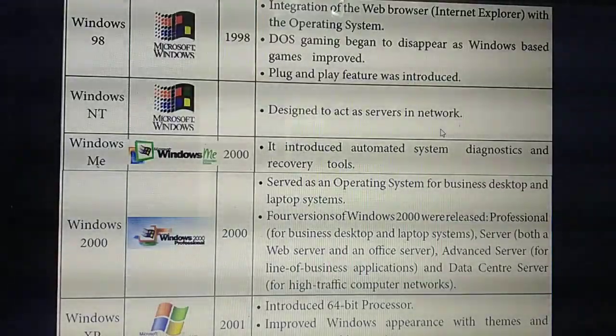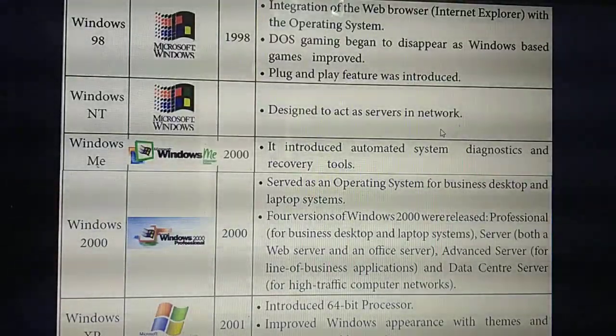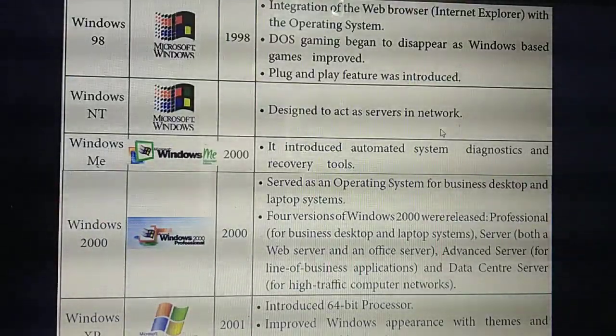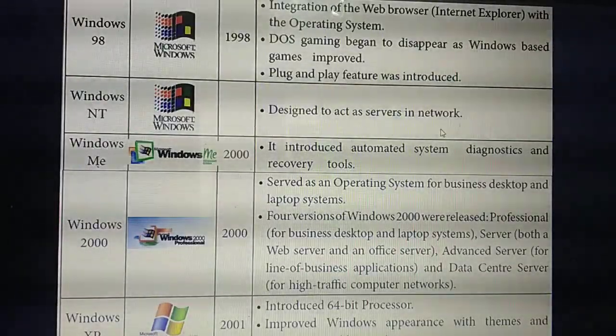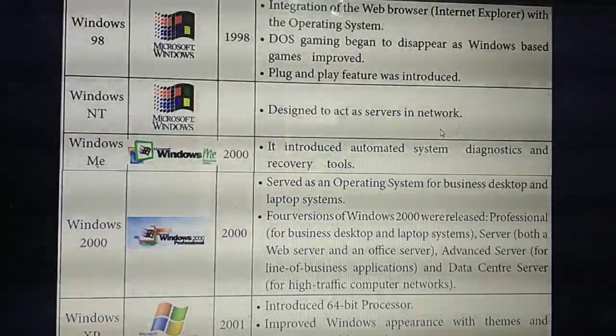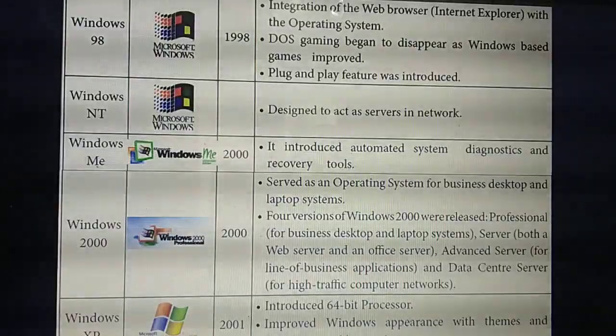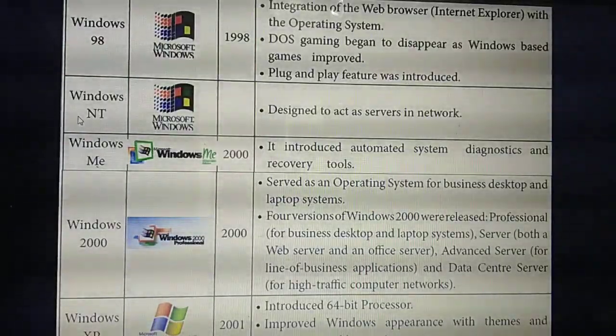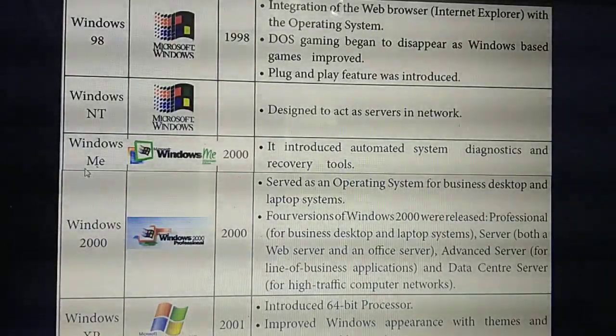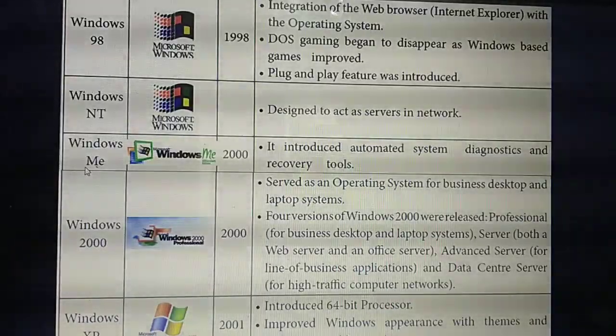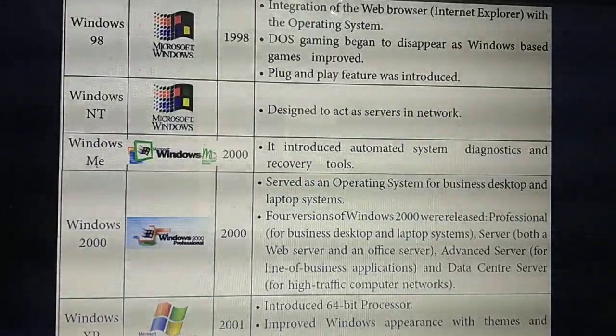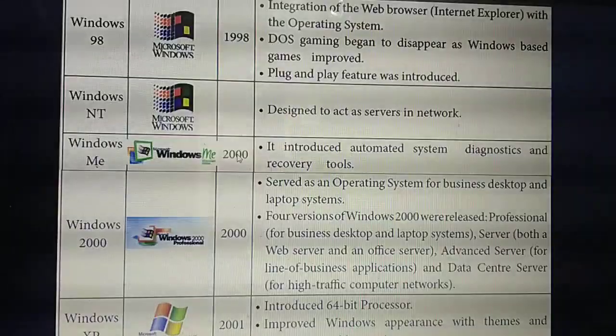If you switch on that system only, you can get the video files on all the floors. That is called a server. That feature they introduced in Windows NT. Then the next version is Windows ME. Which year did they introduce it? 2000.